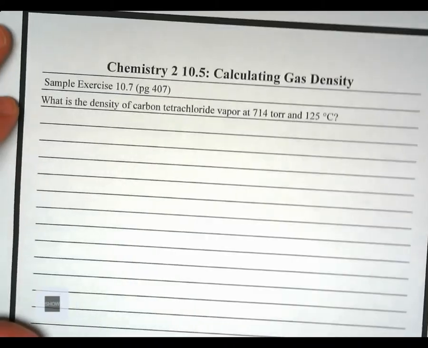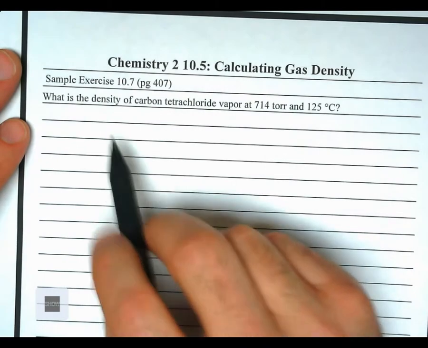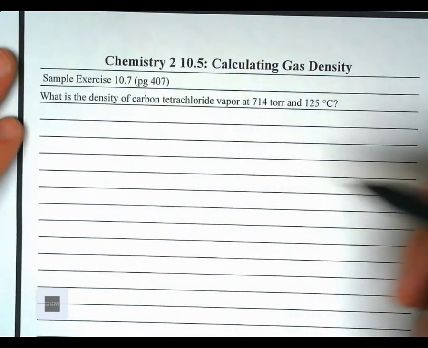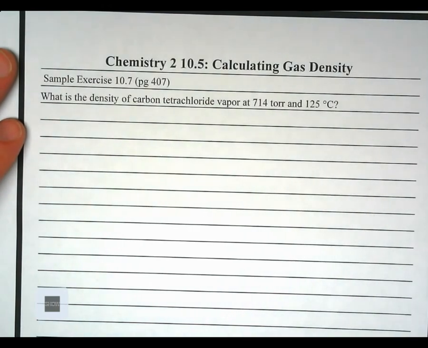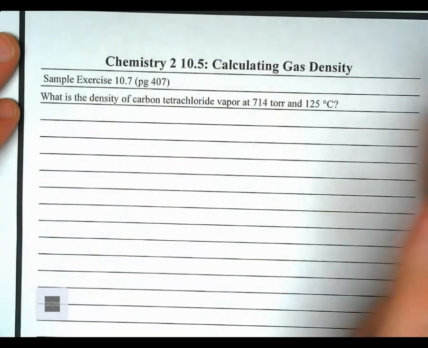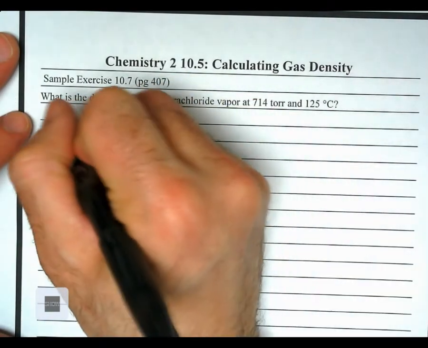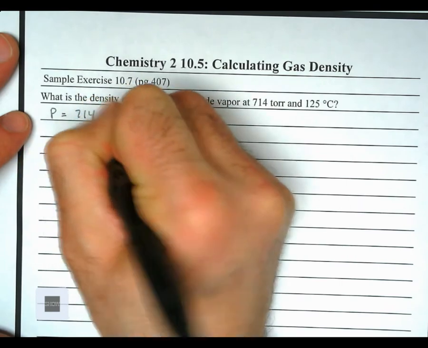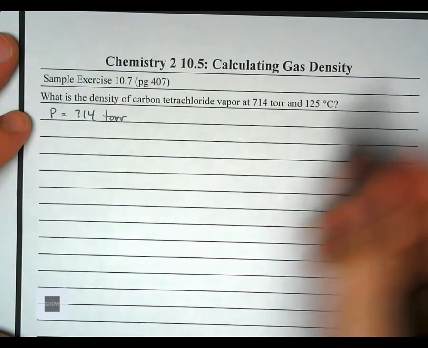All right. So for this, we've got: what is the density of carbon tetrachloride vapor at 714 torrs at 125 degrees Celsius? So I'm just going to start by organizing things. I'm going to put my pressure, 714 torrs. Temperature,